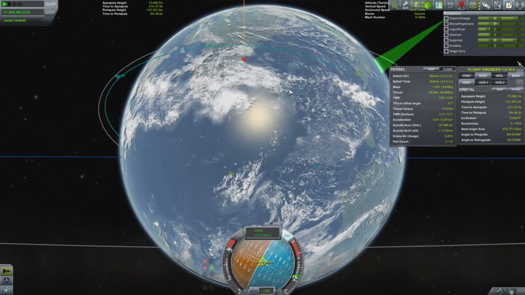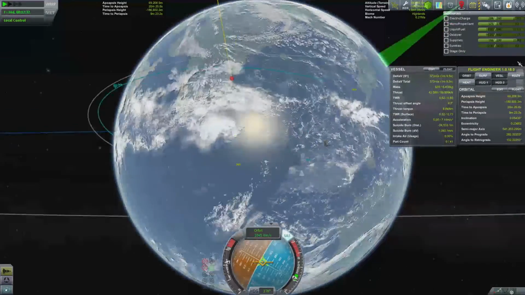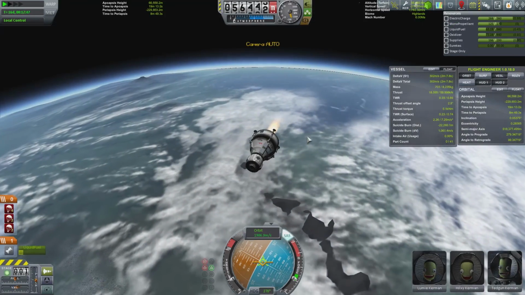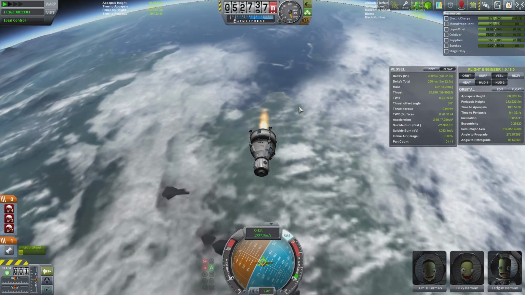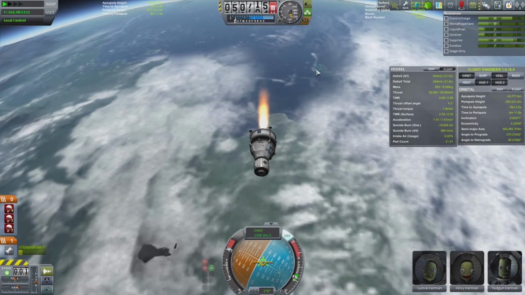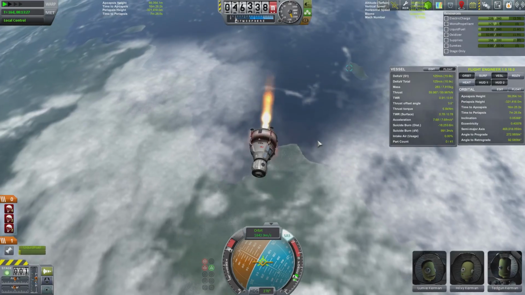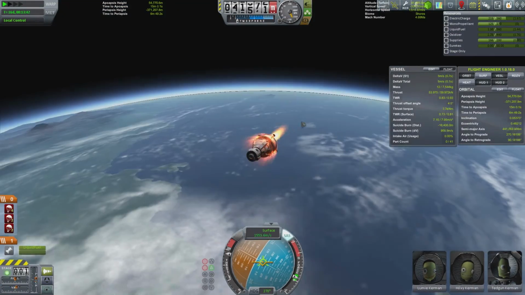I did aim to try and land in the water. I didn't want to do a ground landing. I was well away from that island this time, so we were just going to try and land near the water. I cut it a little bit because I didn't want to end up landing on the ground. So then I just did a full burn, all the remaining fuel, just to bring it down and reduce our